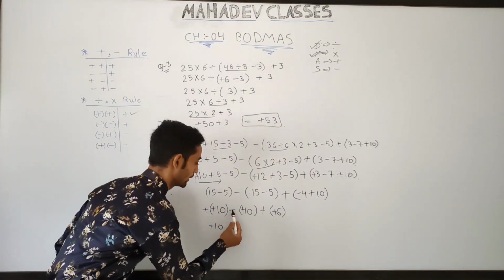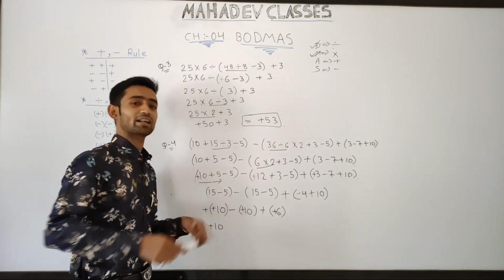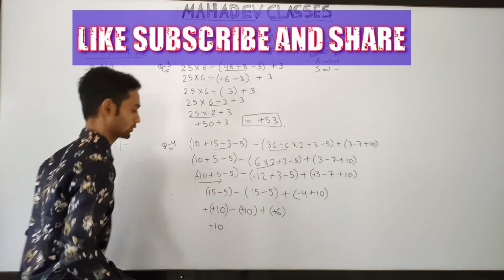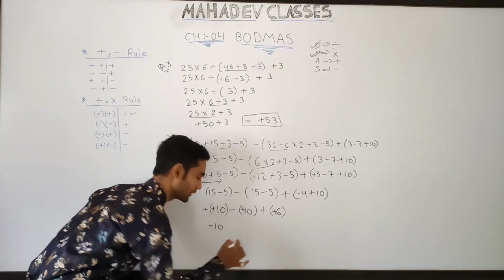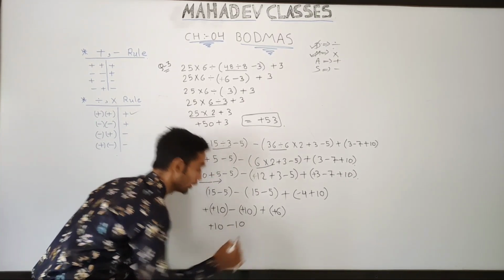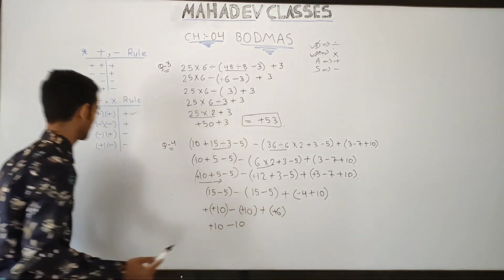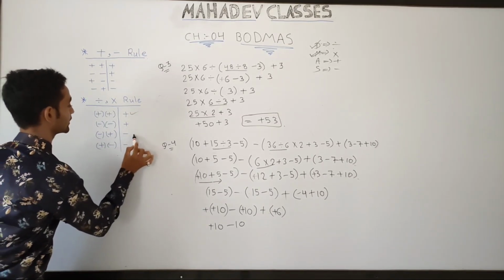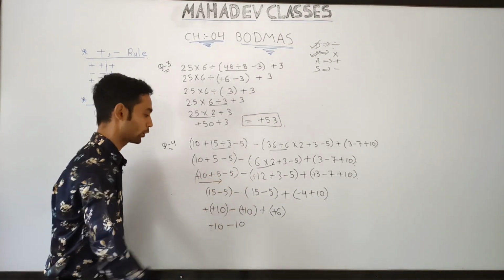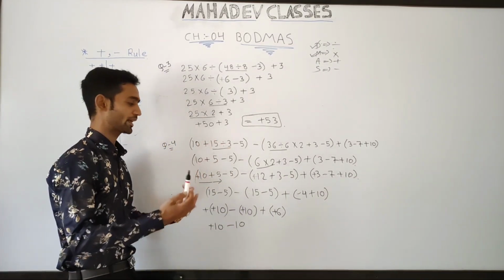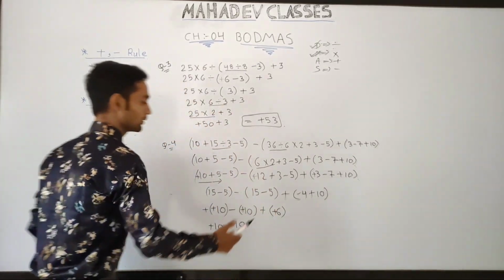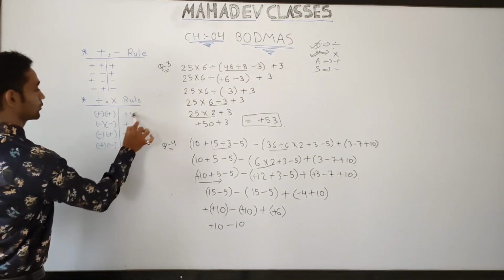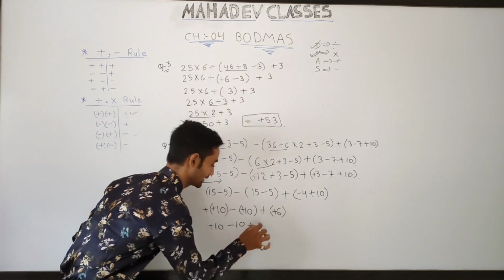Okay, now this one, there is a minus sign before that bracket, and so to remove the bracket we will change the symbol. So here is a plus 10, then after removing this bracket we will write minus 10, or else see, minus plus. See, our division multiplication rule, minus plus is minus. So we will write here minus 10. Okay, and now there is a plus symbol before the bracket, so there will be no changes inside that bracket. Okay, see, plus plus is plus, so we will simply write only the plus symbol and then 6.